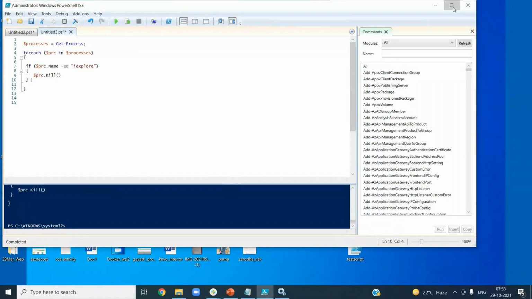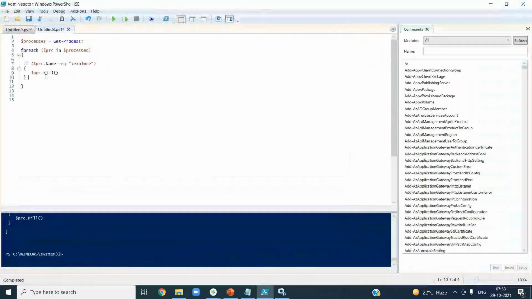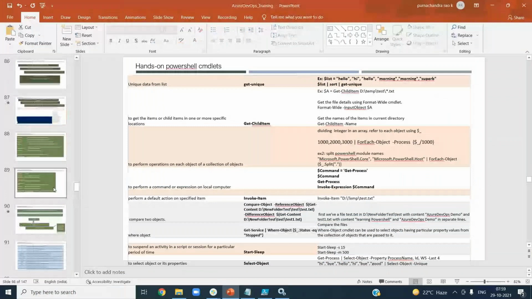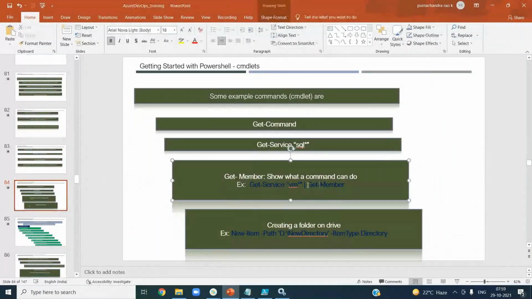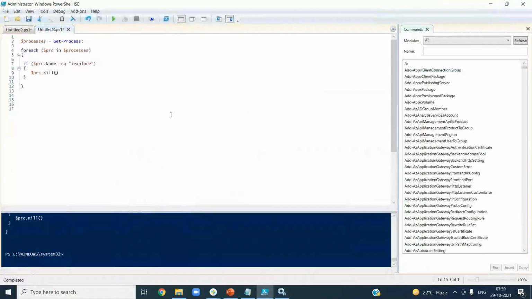But how do you know whether it is a method or a property? If you see a word with open and close brackets, it is a method. And anything that you are retrieving, like name, is a property. How do you know? In the start of the session, I introduced a command called Get-Member. I'm not sure if you remember, that's the reason you need to go back. Get-Member will give me all the methods and properties that are available on a given object.